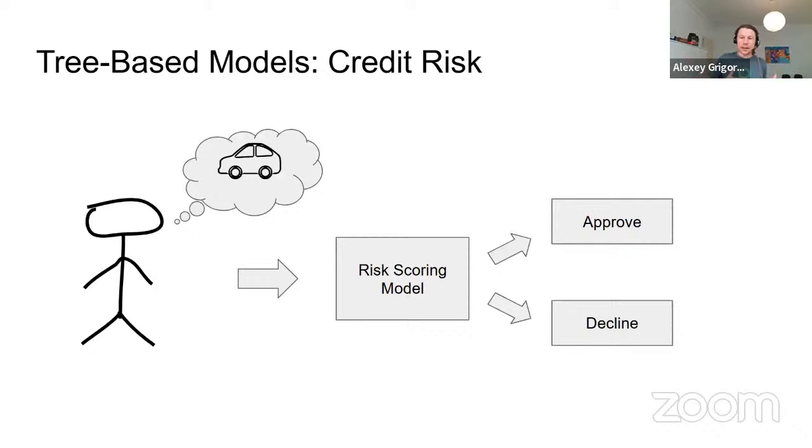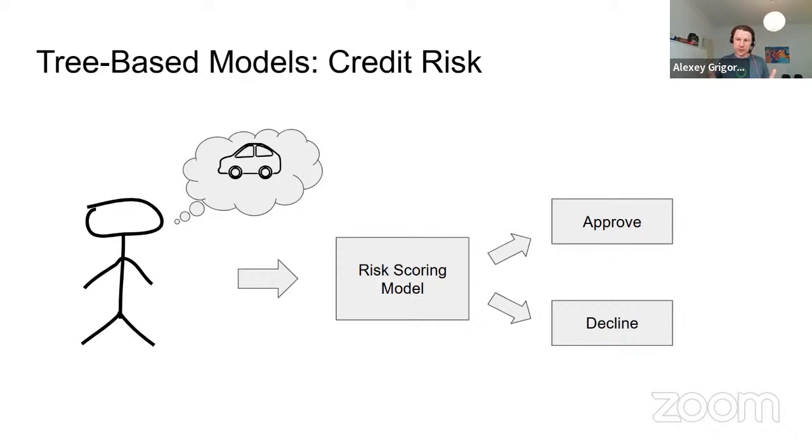After that, we will come back again to machine learning, and we'll talk about tree-based models. So things like decision tree, random forest, and XGBoost, gradient boosting trees. And here we will have another binary classification project. We will build a model for deciding whether a customer should be approved a loan or not.